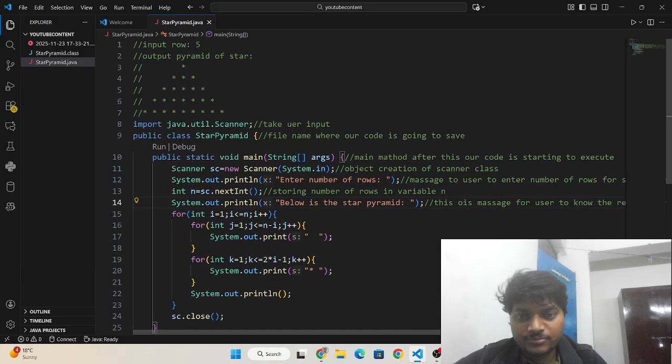This is the outer loop which is controlling the number of rows in the pyramid.